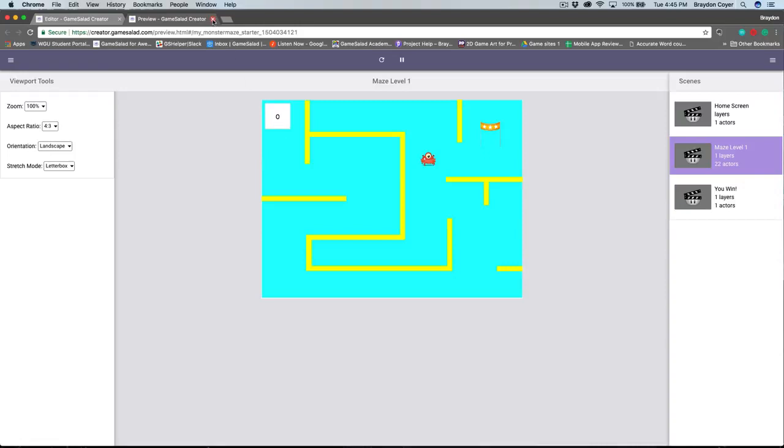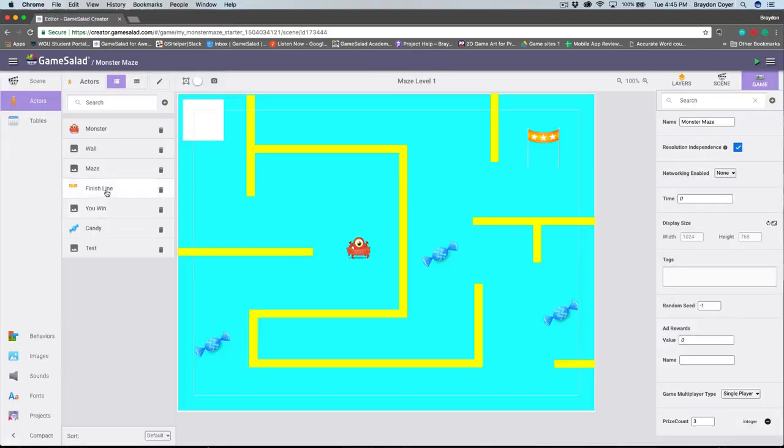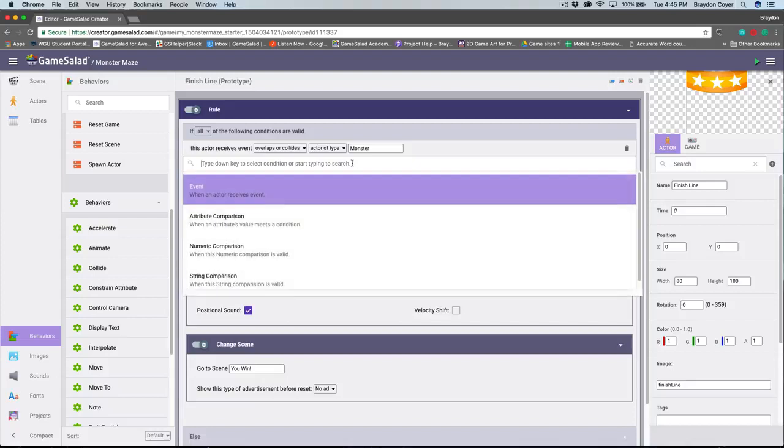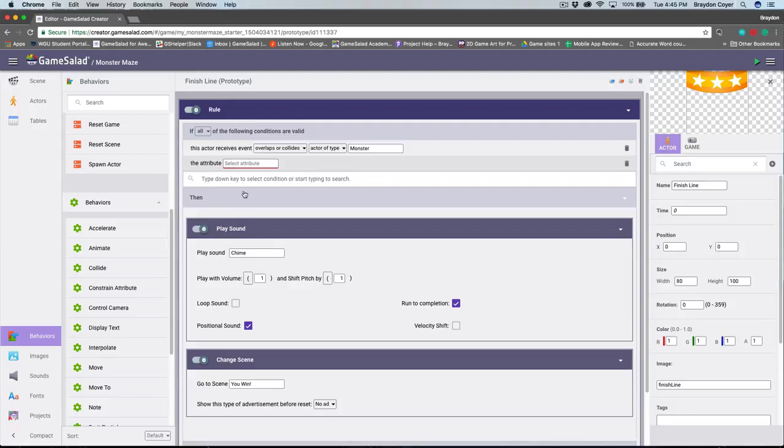Let's do that next. Inside of the finish line actor, we have our rule that will end the game when the monster collides with it. We need to add an additional condition here that will check the attribute that we just created to make sure that it's 0. If it's not 0, then the rule will not trigger and the game will not end. Inside of this text field here, I'm going to click and add an attribute comparison condition. What I'm going to do now is select my game attribute that I created, so I'm going to click game,